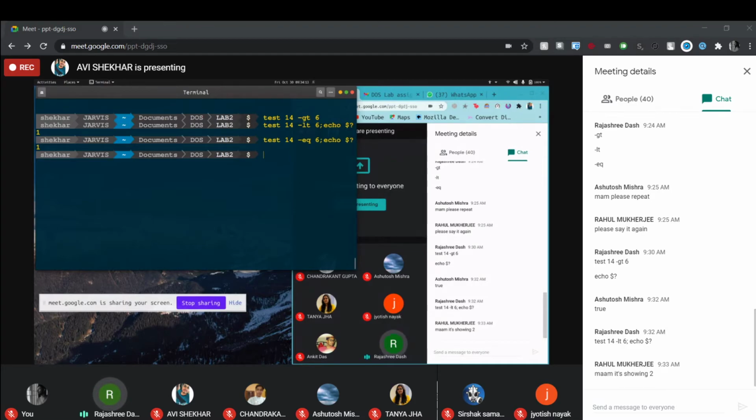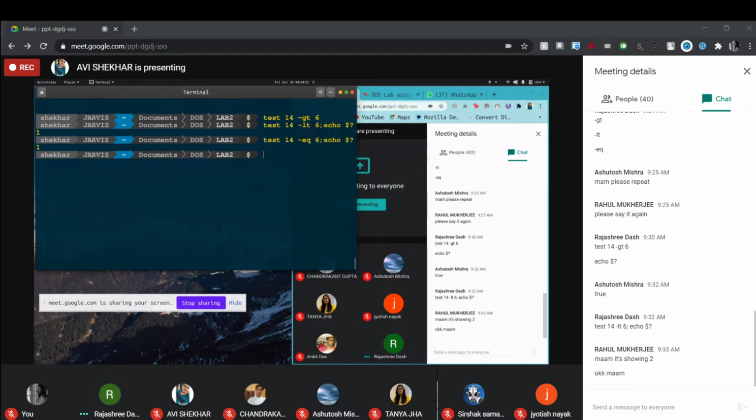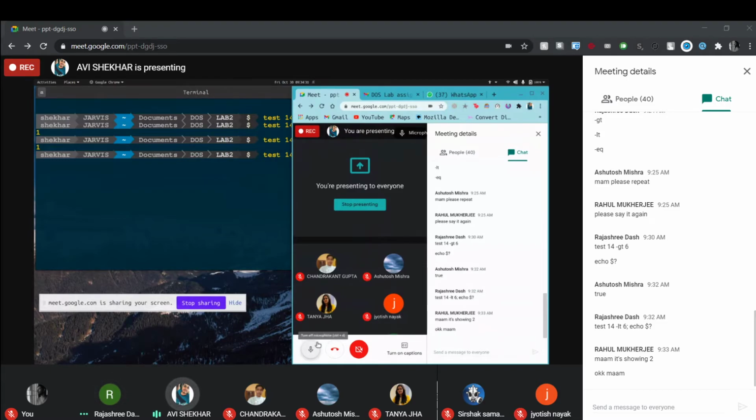Similarly, you check for not equal to. Check for the not equal to case. Any for not equal to.